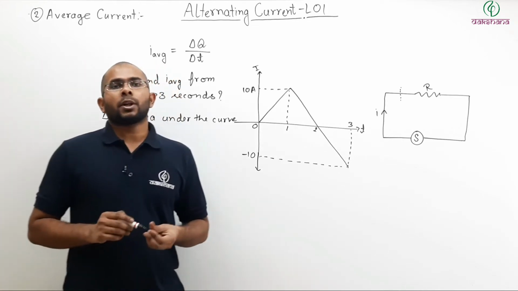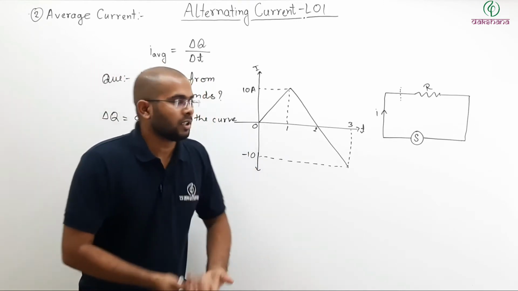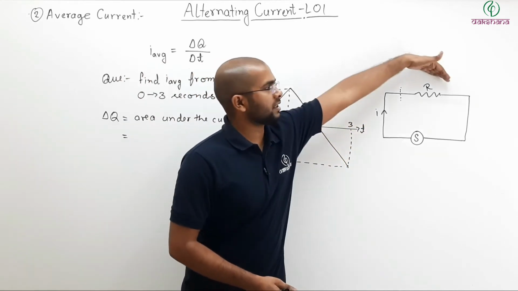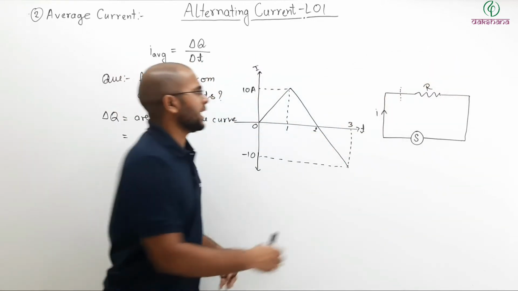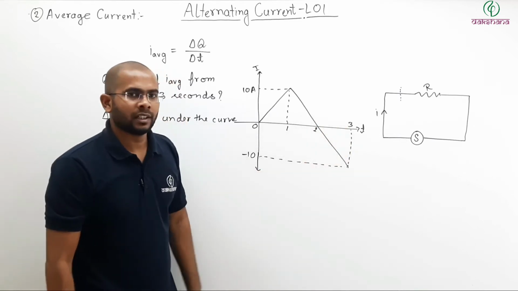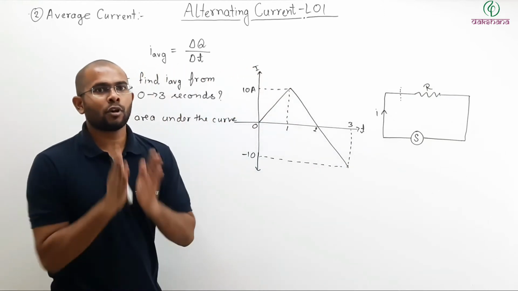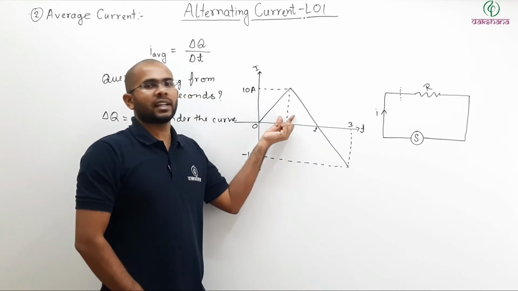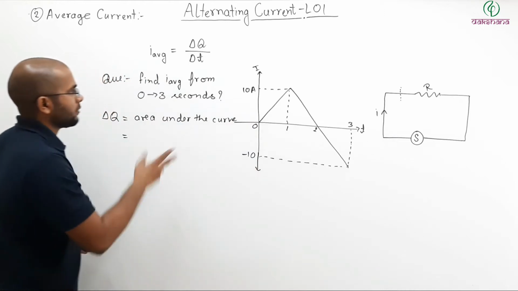But remember, whenever you are talking about the area of the I-t curve, current has a direction. If you consider 0 to 2 seconds, current will be flowing in this direction, so charge will also be flowing in that direction. Positive. We are assuming that this clockwise direction is positive. And from 2 to 3, current becomes negative, meaning charge will be flowing anticlockwise. So you will have to take the area with sign, meaning in this section the area will be positive, and in this section the area will be negative. So let us try to find the total area.